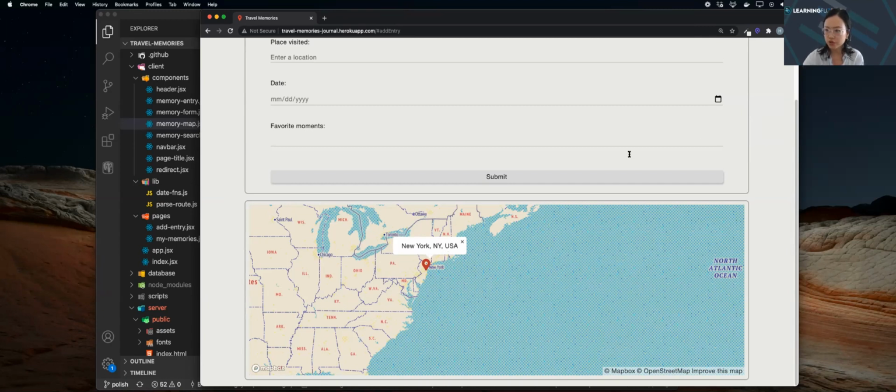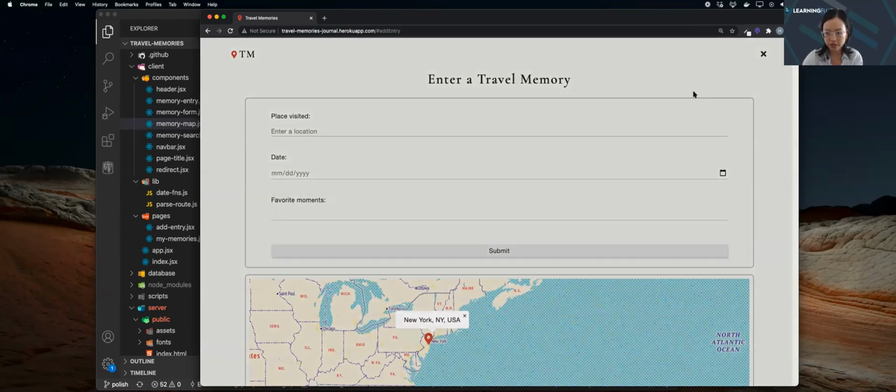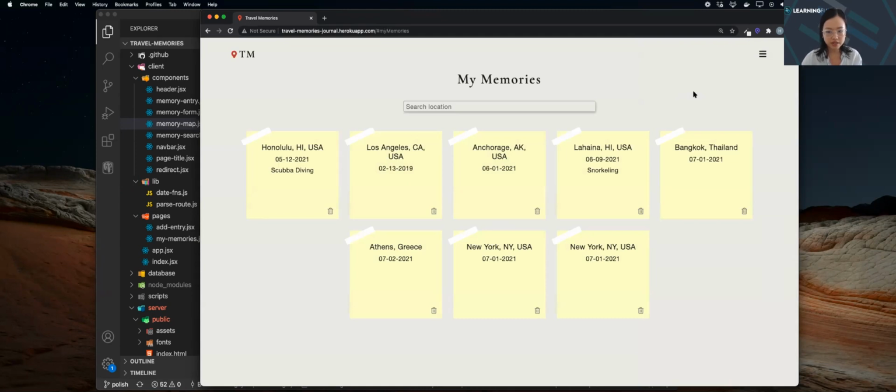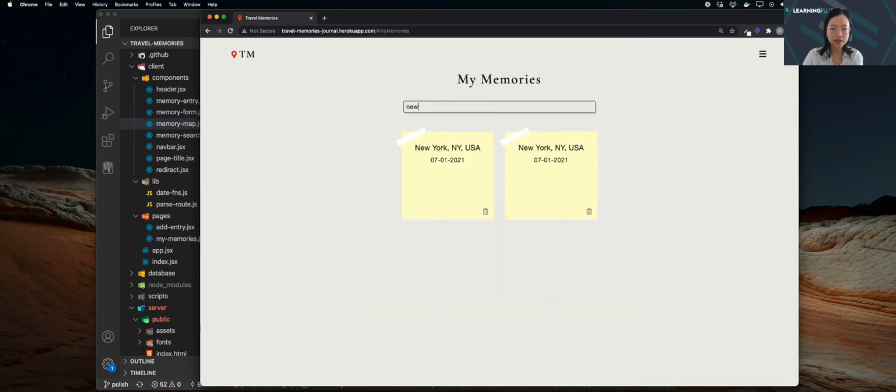If we head over to the memories page here, this is where you can see all of the travel memory entries. The user has the option to search a location, and it will automatically filter through the list. And the user has the option to either delete